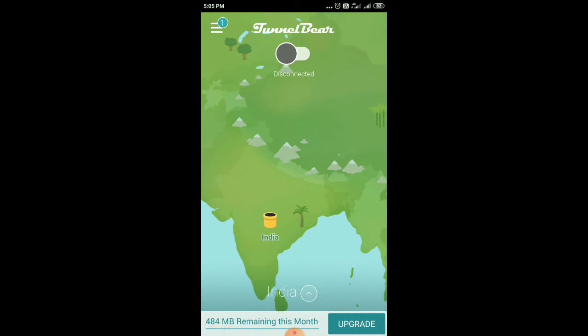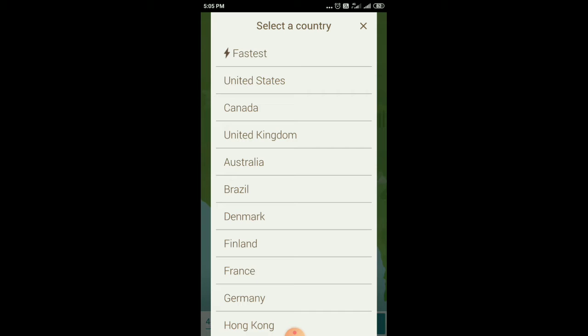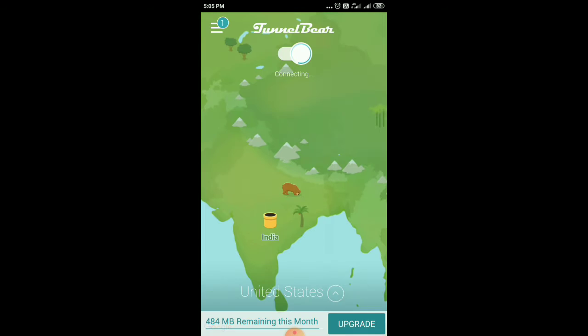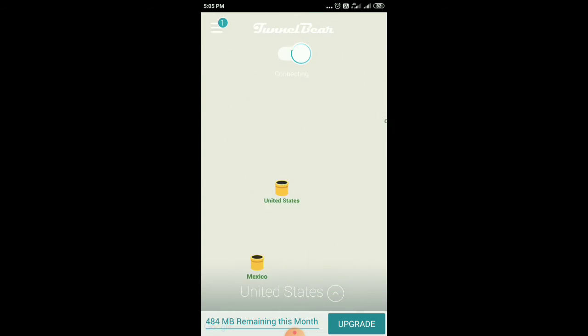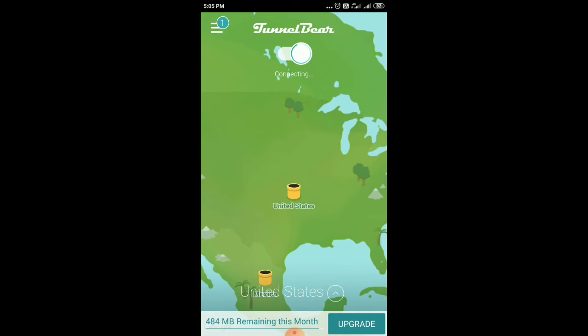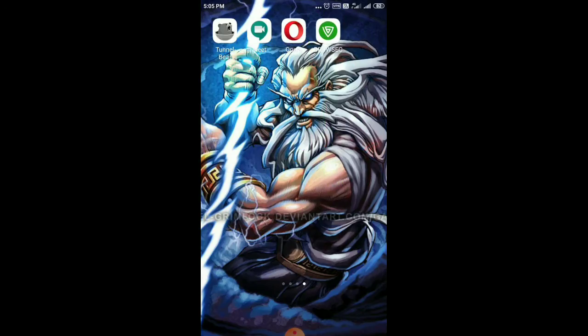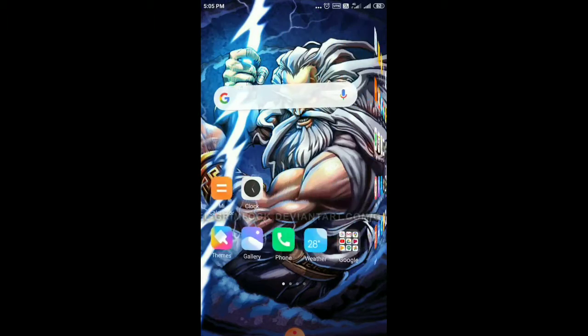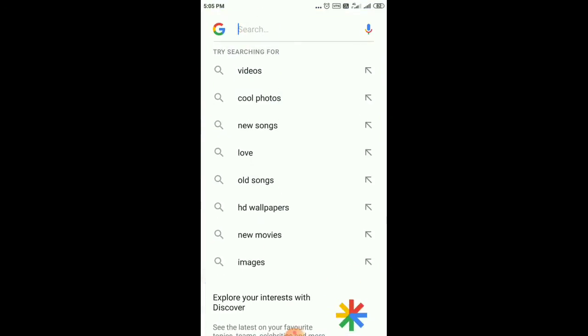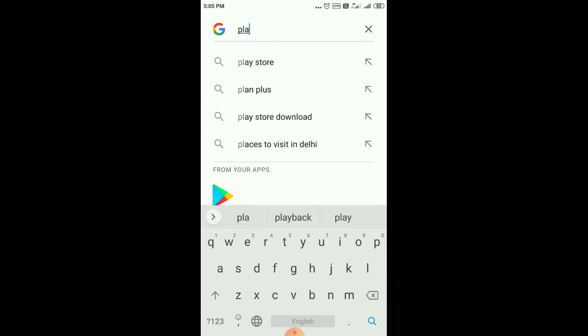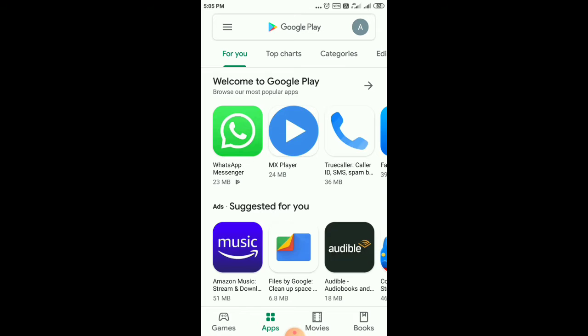Now once you have reached here, you need to select a country or nation where you know the particular game or application you want to download is available. So I am selecting United States because I know Deezer is indeed available in the United States Play Store. Now this is going to change my phone's overall location to United States. Now it's not India, it's United States as per my mobile device. And once it shows a VPN logo at the top of your screen, it means that it is activated and working, which is the case here.